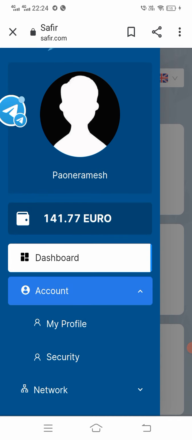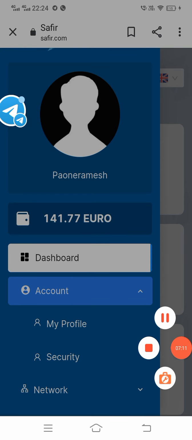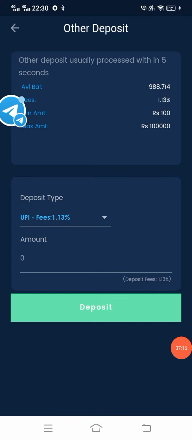The adding procedure is the same. 9 euros I'll add and get back. I'll deposit this amount and I'll show you. So extra 1,000 added. It is reflecting 988 after cutting the fee. Now I'll purchase again